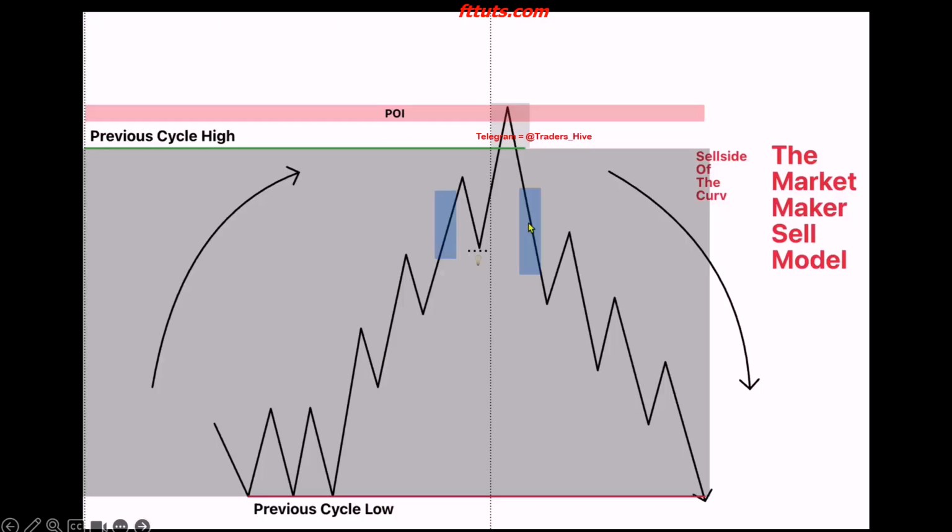Again, what I want you to investigate on your own is applying quadrants to the ranges of previous cycles. And if we look at quadrants, we also need to look at equilibrium of the previous cycle's range, because equilibrium gives us everything we need to know when it comes to determining if the opposite side of the range, meaning the previous cycle high, got taken, and now we can determine whether or not the previous cycle low is likely to get taken out.